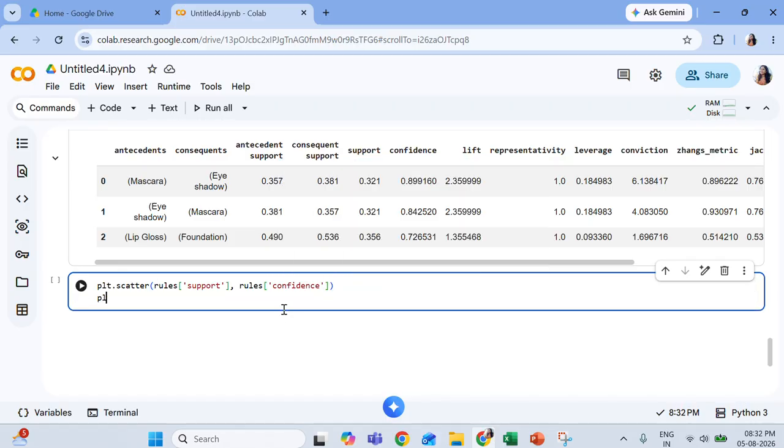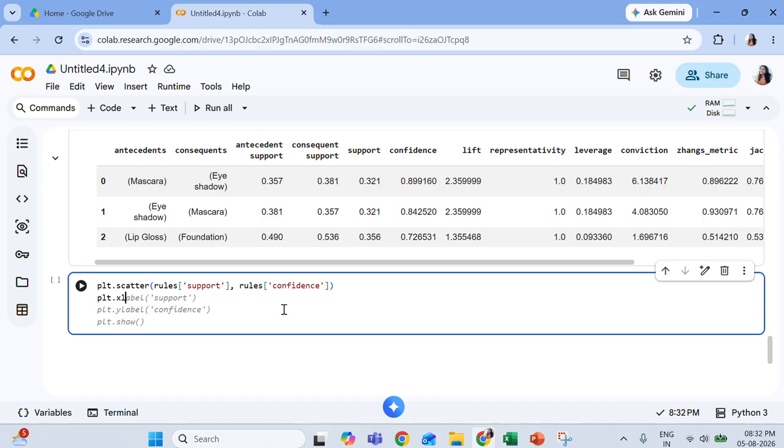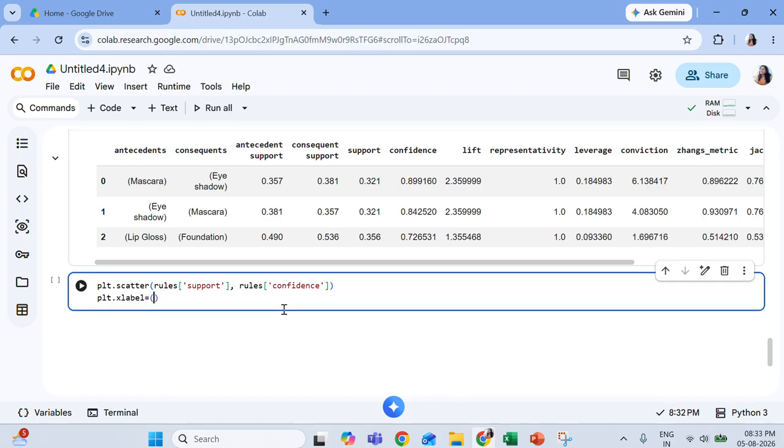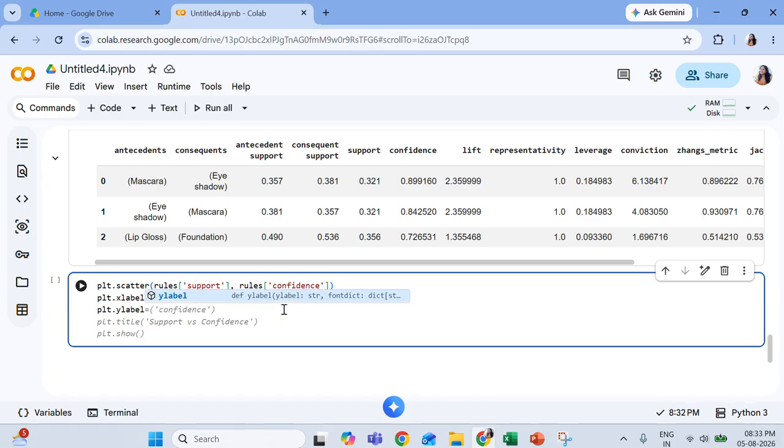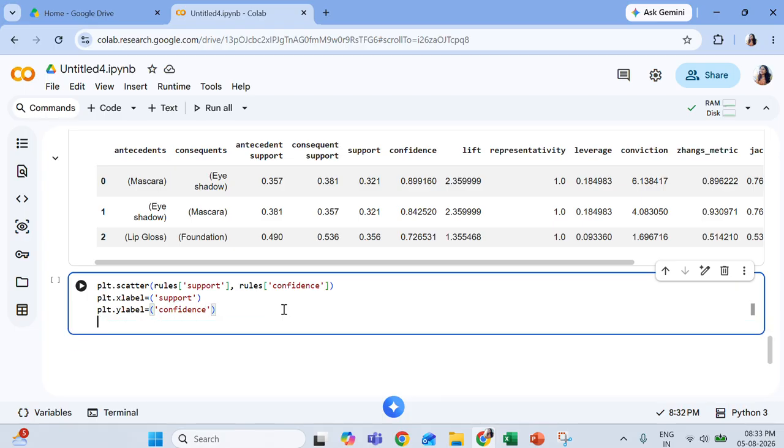You can write plt.xlabel equals support, since the x value is the support you want to show, and plt.ylabel. We have already studied this. If you are not sure, you can go through the matplotlib library tutorial, which is available in Data Science with Python, to see how we can give the labels.